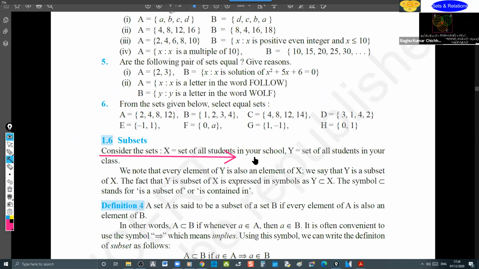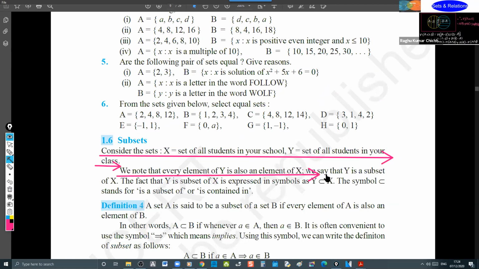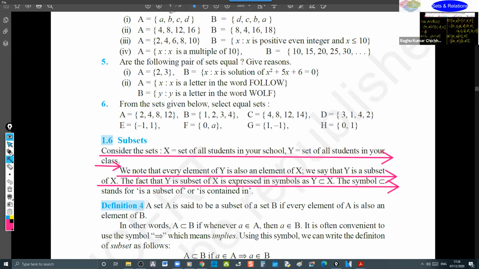Consider the set X equal to the set of all students in your school. Y is equal to the set of all students in your class. We know that every student of Y is also an element of X. We say that Y is a subset of X. The fact that Y is a subset of X is expressed in symbols as Y ⊂ X. This is the symbol for subset; it stands for